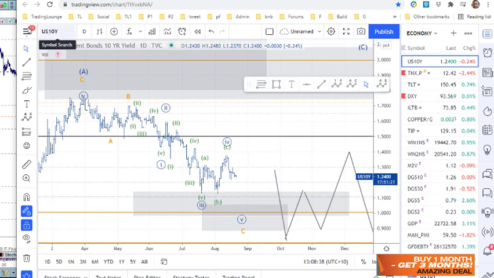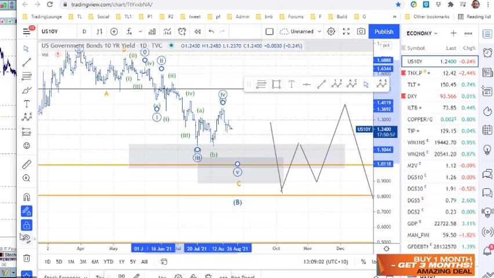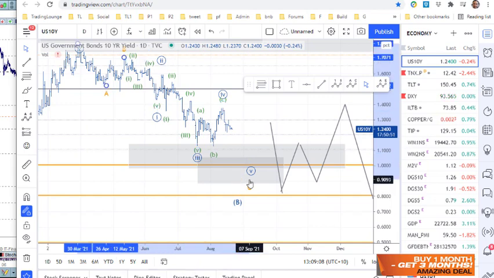So anyway, the yields here, we're looking for an A and a B and a C wave here for the wave 4, and then a move down through here. So this is on the daily chart. I won't go into the intraday. So we've got 5 waves down here. So we're looking for a rally. We may get a bit more of a rally to come in before we get a drop, but we're looking for 5 waves down here to the 1 area here. That's all locked, so I've got to move that there. That will be about there somewhere, and that would make wave C.